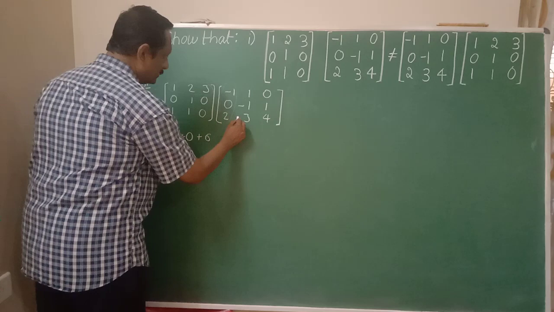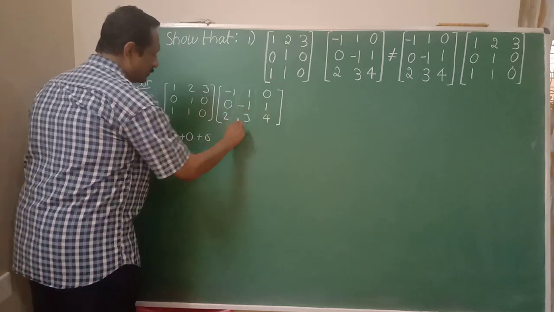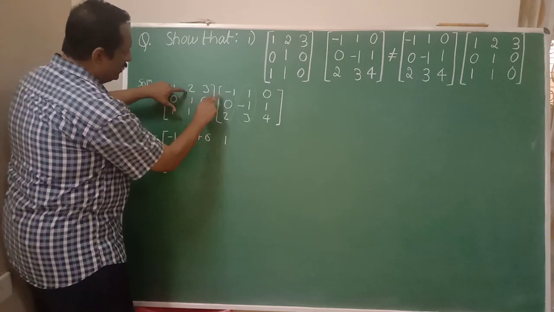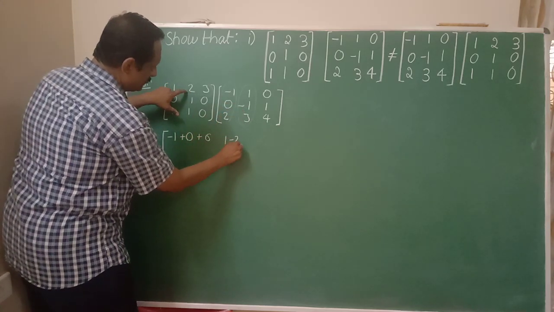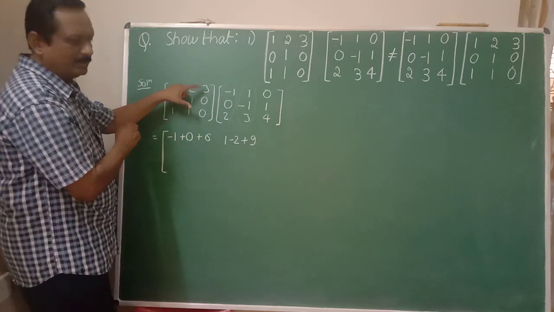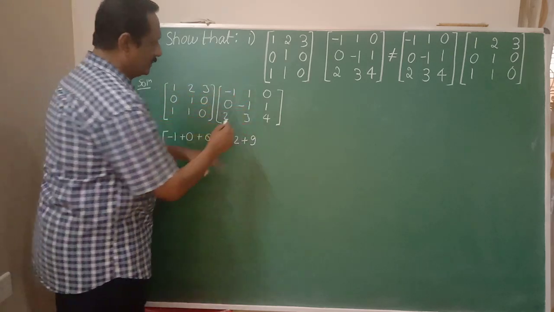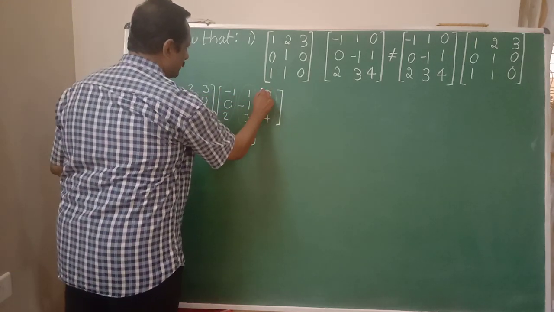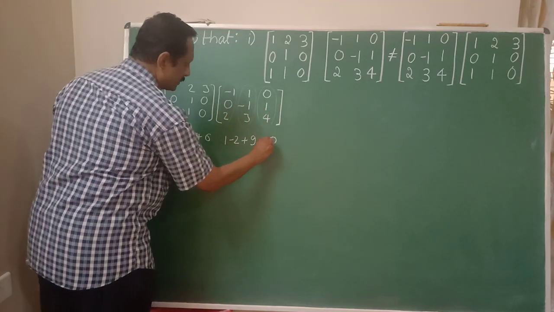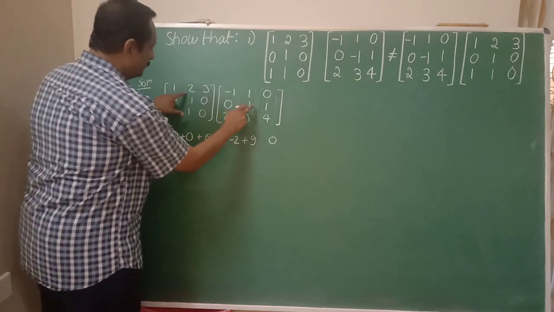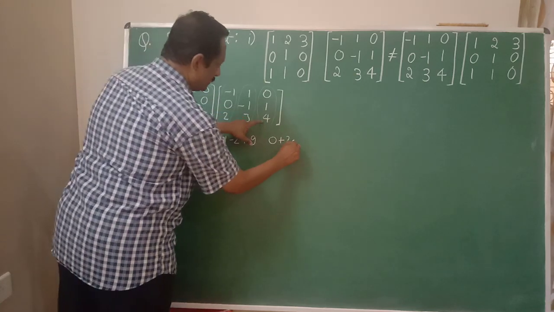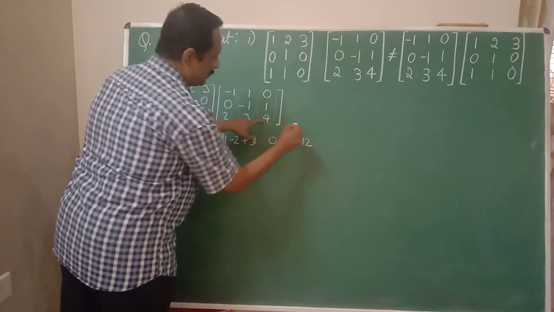Okay, multiply the first row with the second column here. 1 into 1 becomes 1 here. 2 into minus 1 is minus 2. 3 into 3 becomes 9 here, plus 9. Then multiply row with the third column. 1 into 0 becomes 0 here. Then 2 into 1 becomes 2, plus 2. Then 3 4s are 12 here, so plus 12 here.